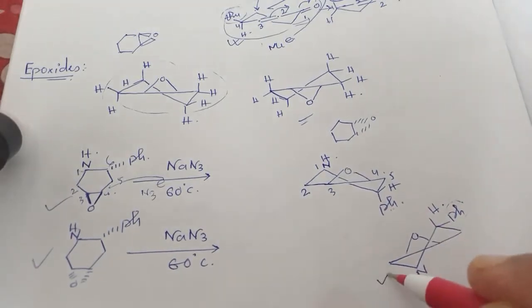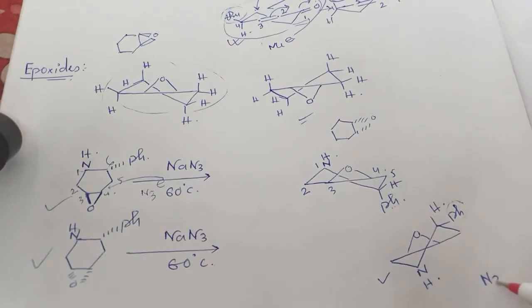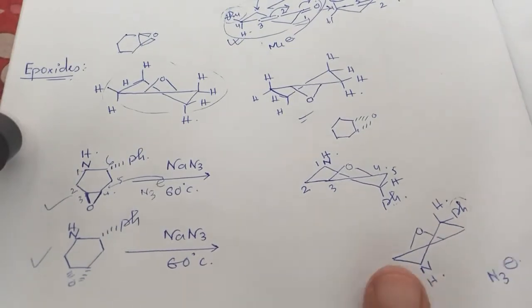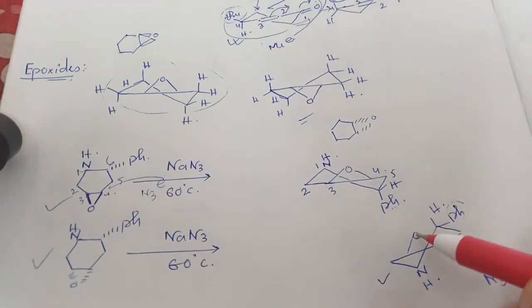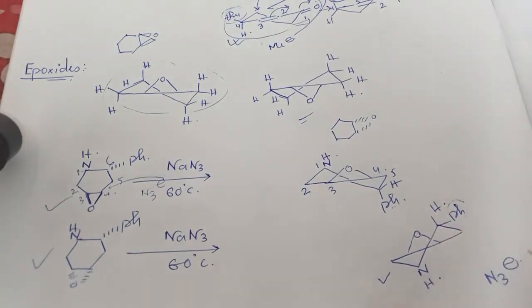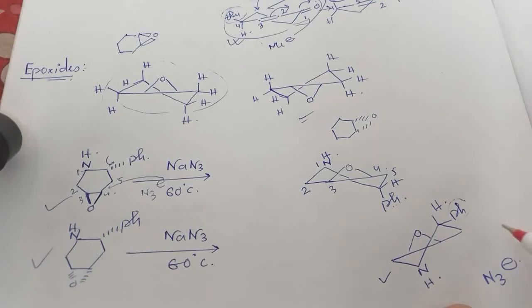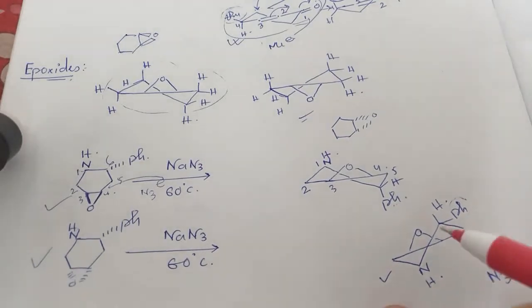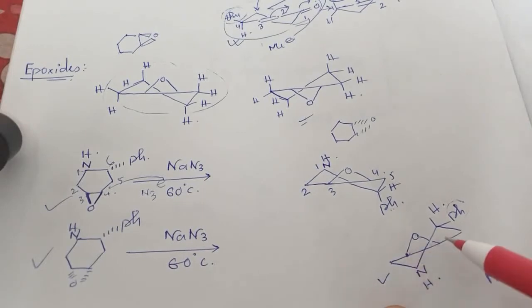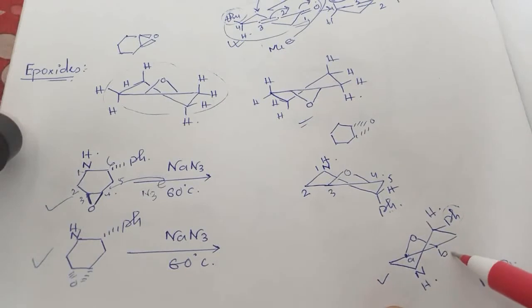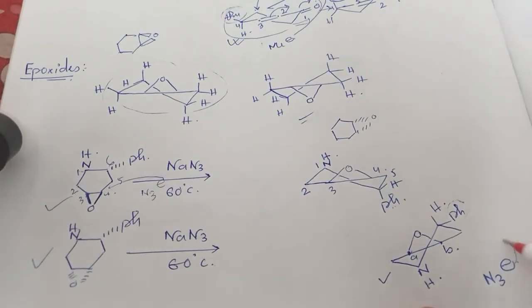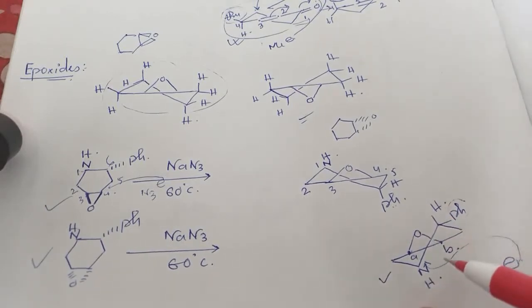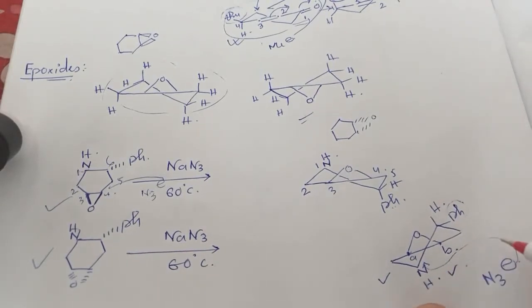So this is the exact conformation. So N3 minus is the nucleophile, so where will it attack? Because the epoxide is at the above position, it is confirmed that the nucleophile will attack from the below side, but which position? Because there are two positions available, A and B. If it attacks from the A position, it is more feasible because it will go through the chair-like TS. So this is the preferred pathway,